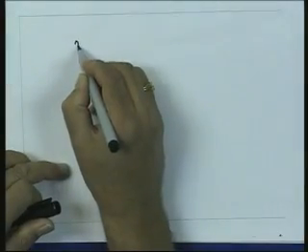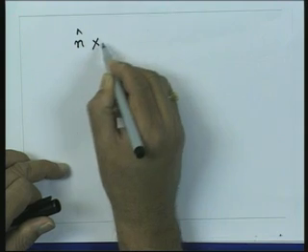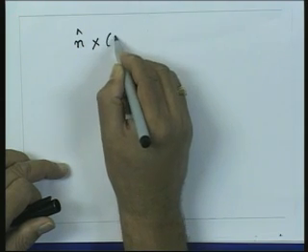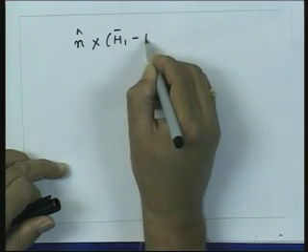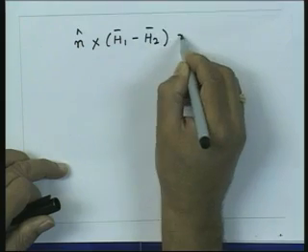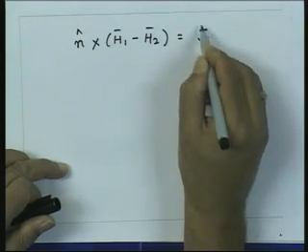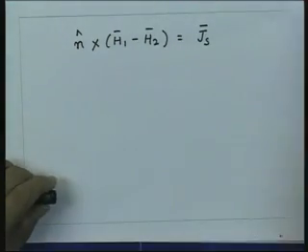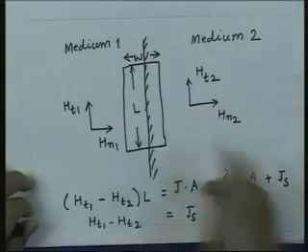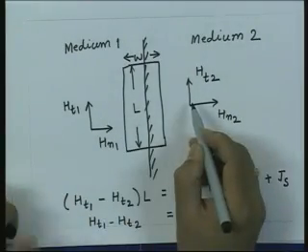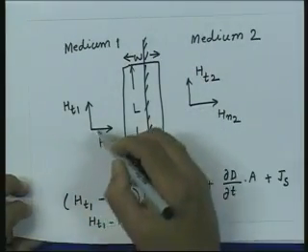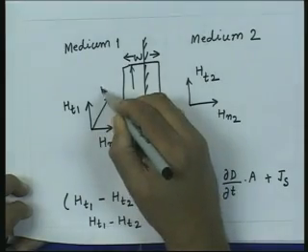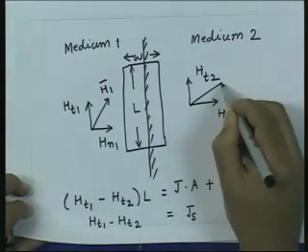So, many times this boundary condition is written as unit vector cross H1 minus H2, that is equal to the surface current density. So, here N is the normal to the interface, H1 and H2 are the total magnetic fields. So, this is H1, this is H2,